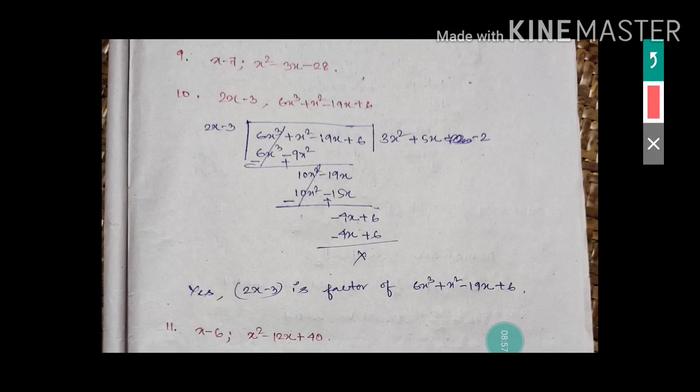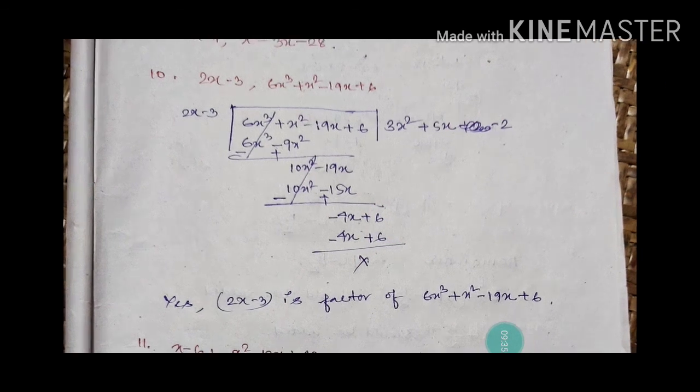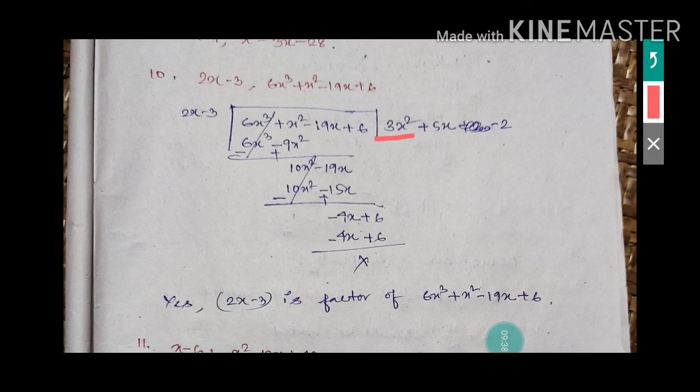So you do the division process. This is your dividend and this is the divisor, so you divide this. 6x cube is given. With 2x, what do you have to multiply to get 6x cube? 2 is there, so I need to multiply by 3, then only 2 threes are 6. Here x is there, so I need x square. So x into x square I will get x cube, and 3 into 2 I will get 6, that means 6x cube. So the quotient will be 3x square.